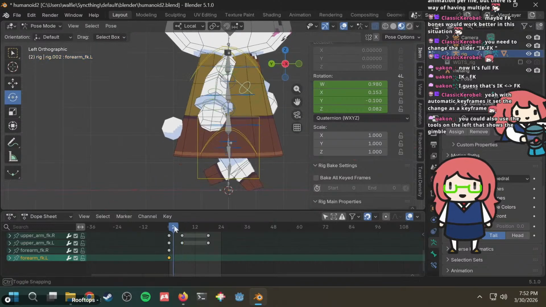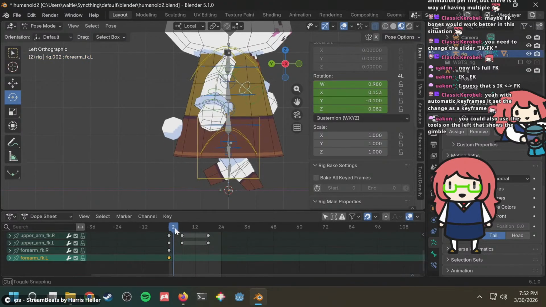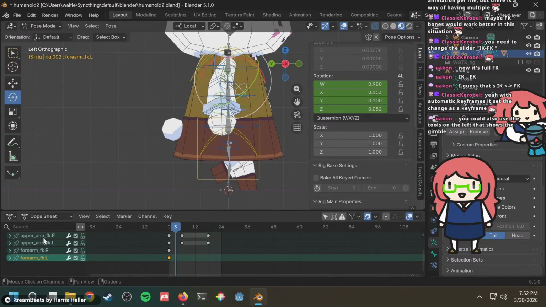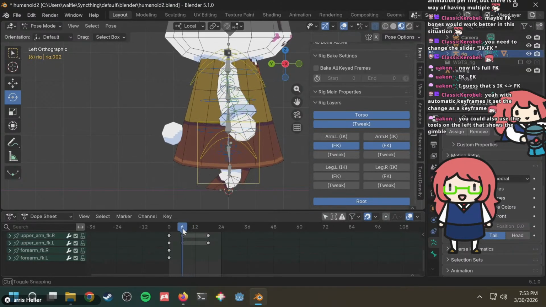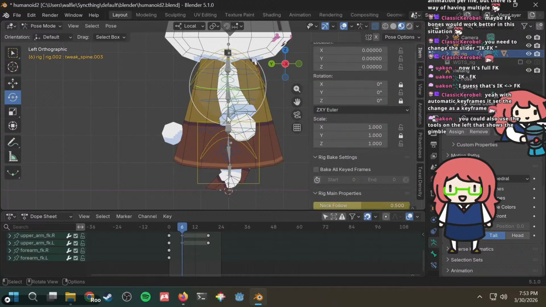Okay. Why is this still rotated? Forearm. Oh, because I never set this. Okay, I see. I need this to be, hold on, because we don't have a default for this. So we should insert one of these things that is a reset.